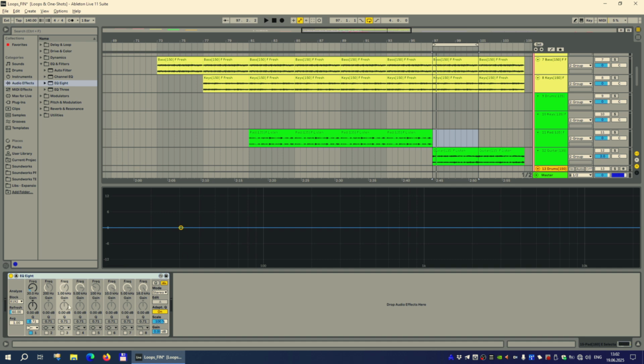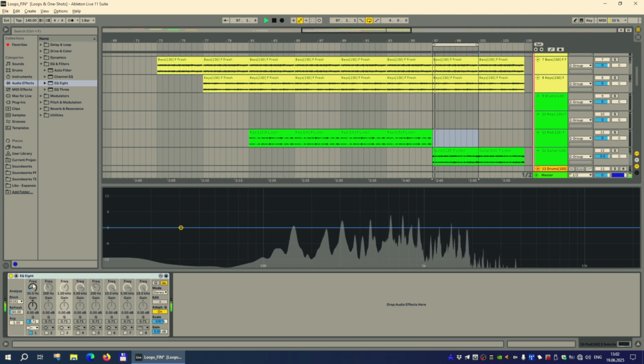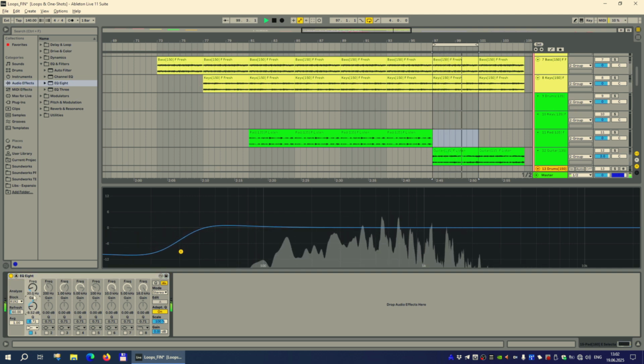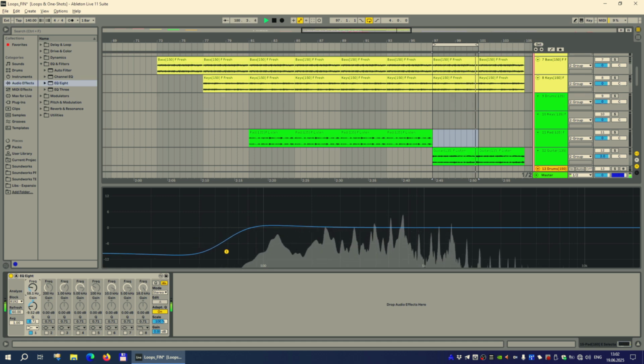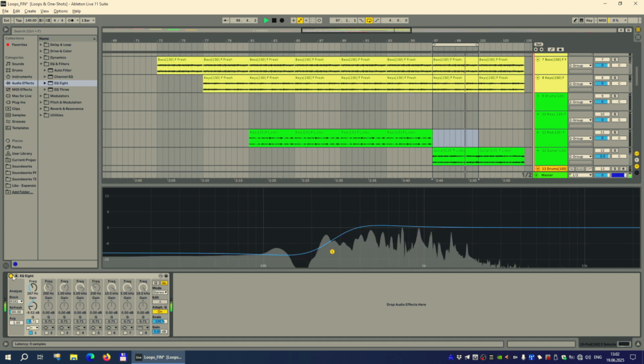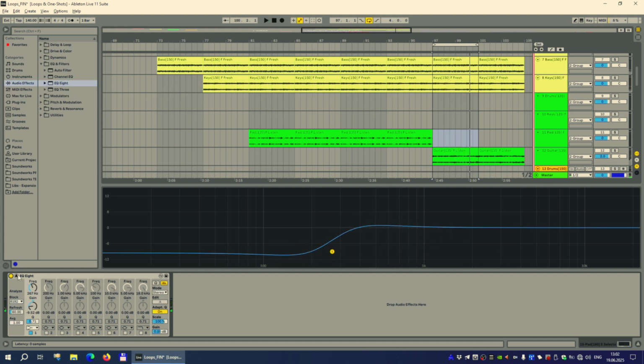So I'd use the shelf and just reduce it a little bit. So that's how equalizer works.